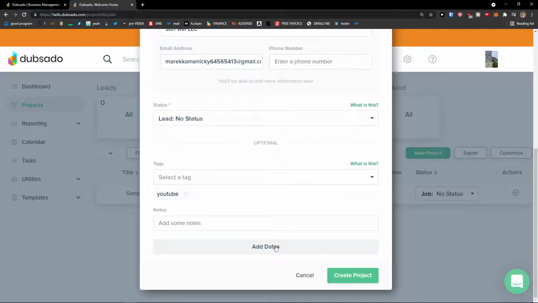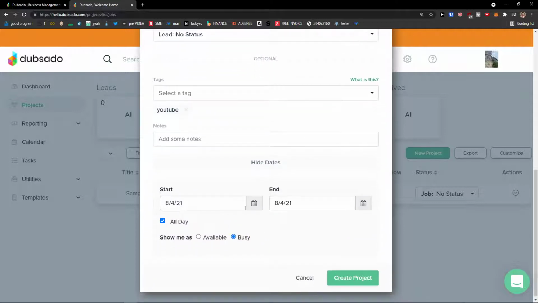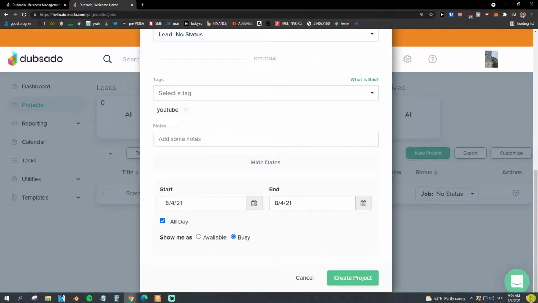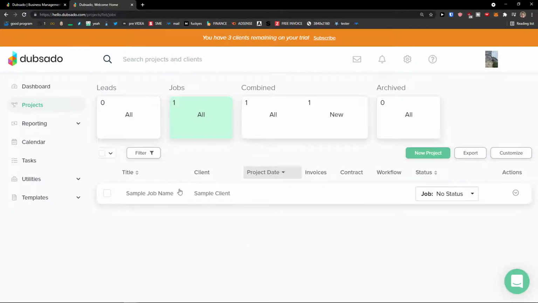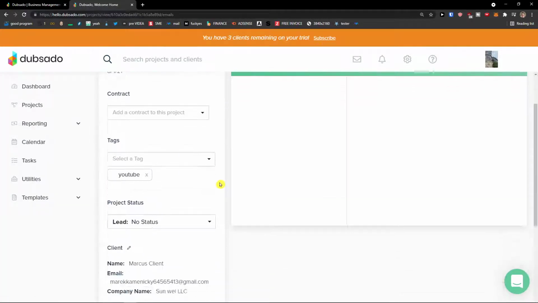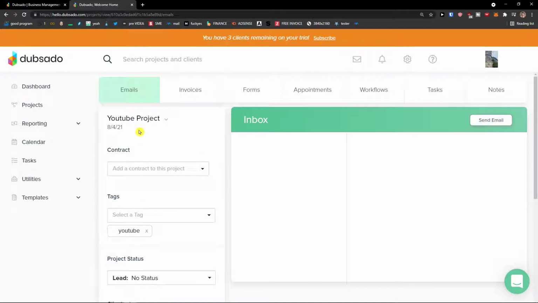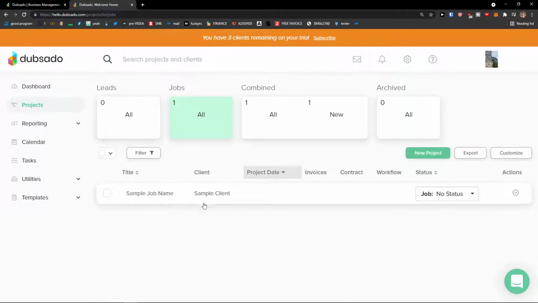And you can add notes and dates. Dates is for which dates it's going to be, etc. Create a project. Okay, and here we go. So as you can see, we're going to see the project right here. When I click on the project back,